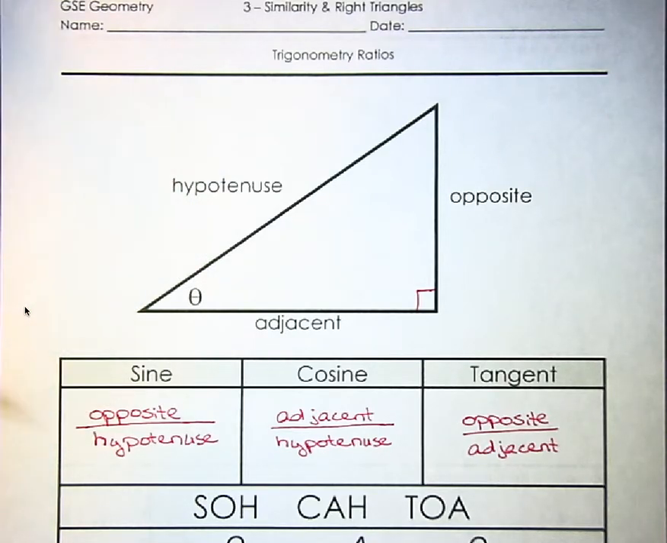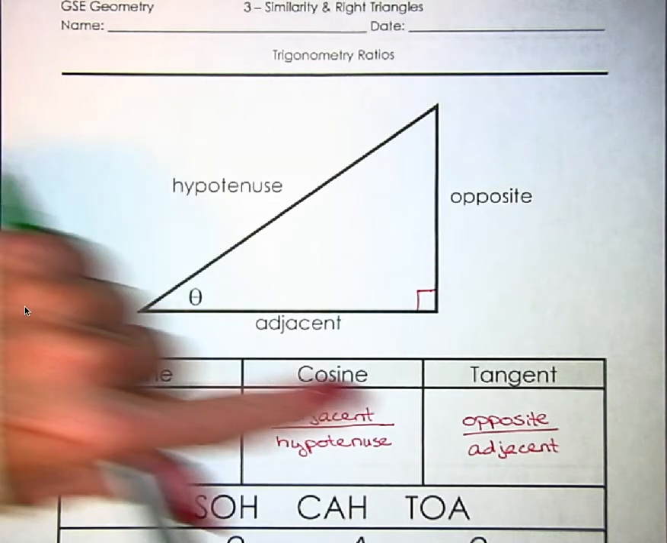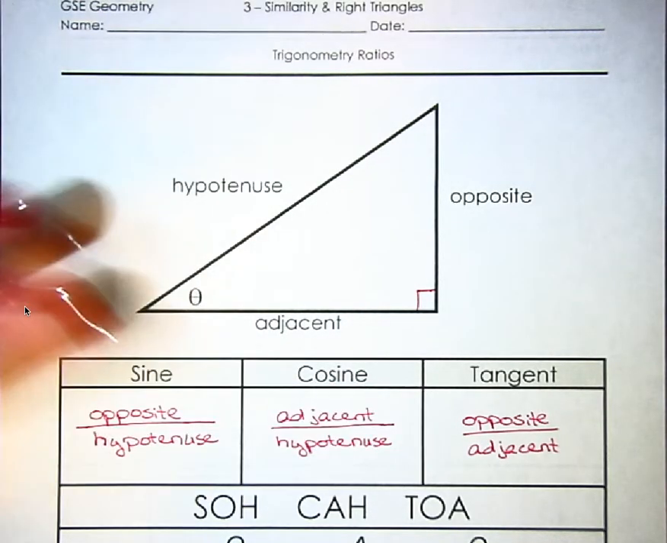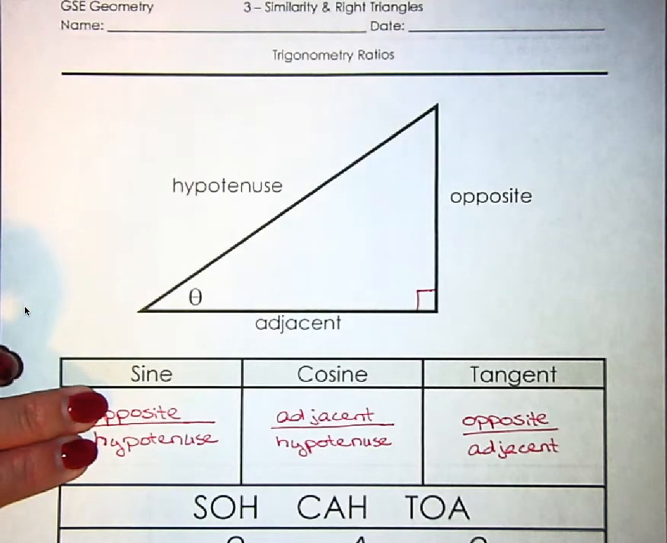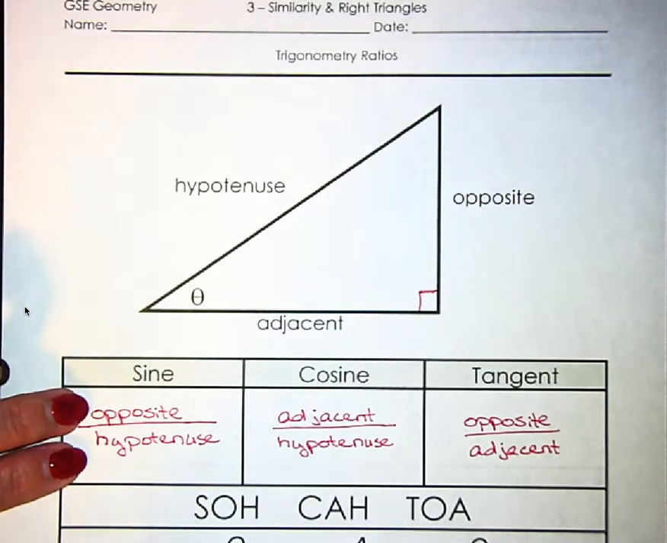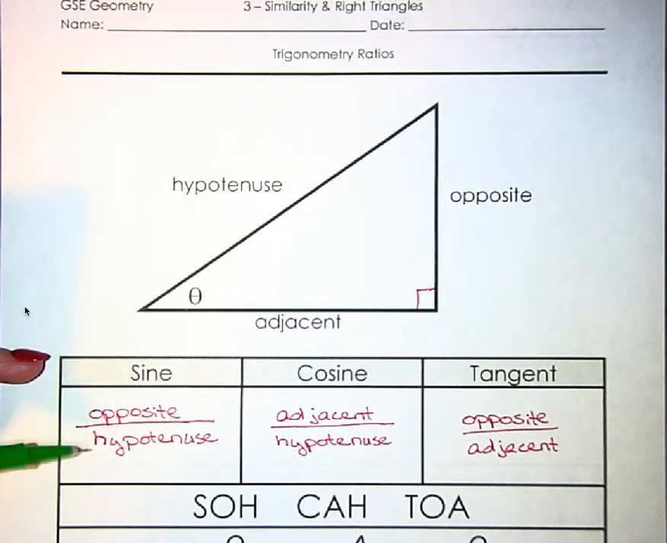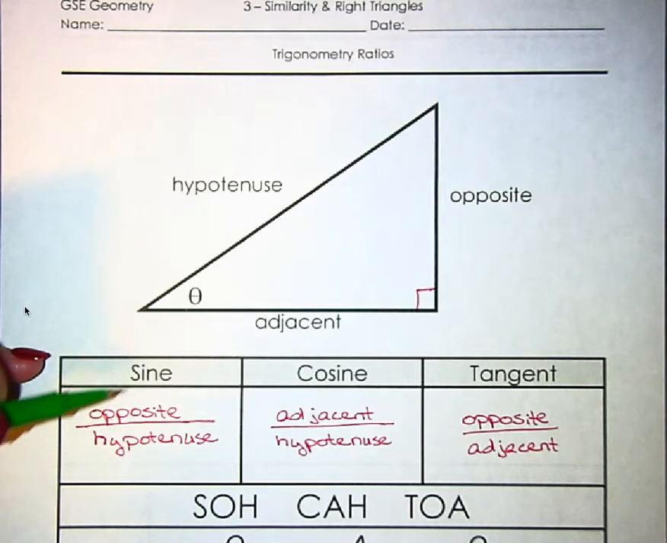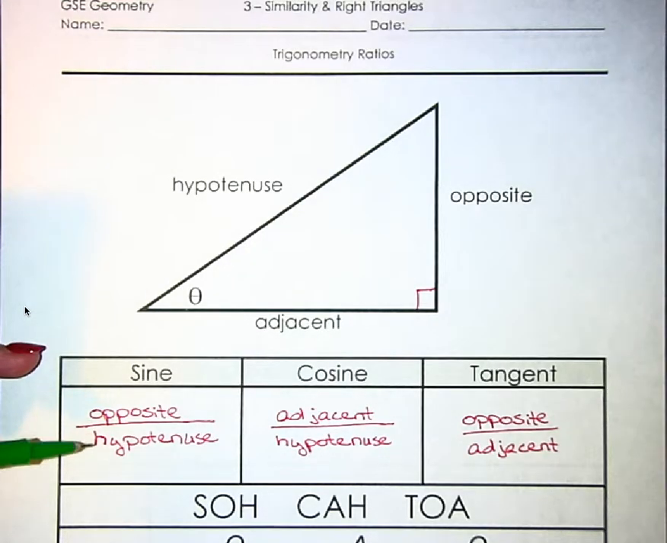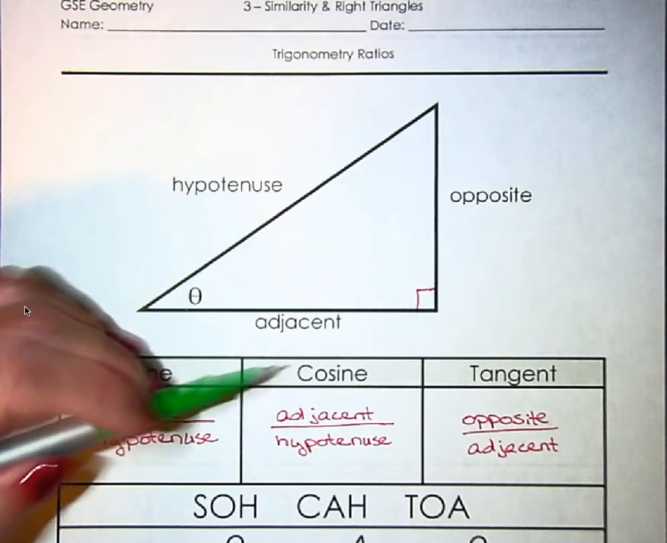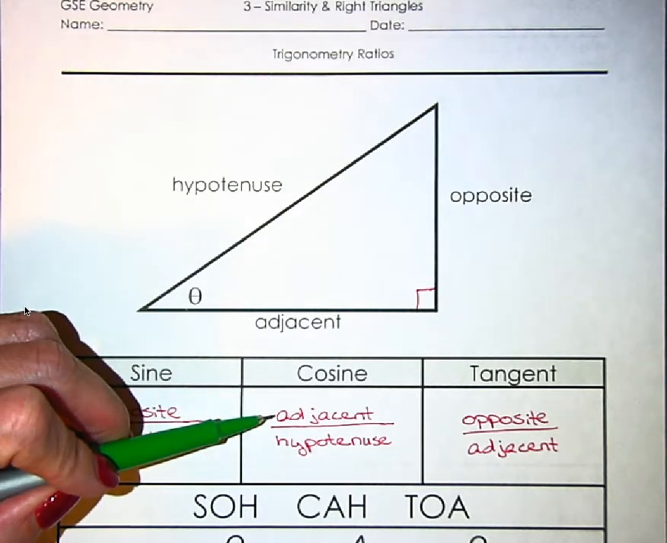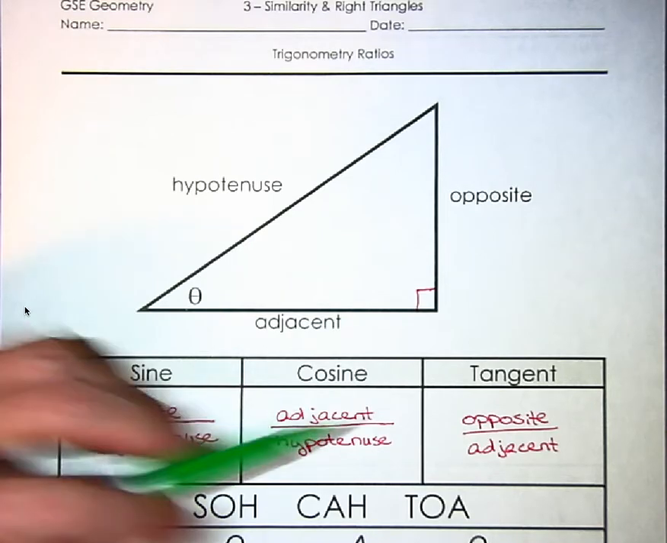Okay, so the three trig ratios, the names of them are sine, cosine, and tangent. Remember, a ratio is a comparison of two numbers, in our case, two of our side measurements. Now, these you're going to have to memorize. To set up our sine ratio, we're going to put the length of our opposite side over our hypotenuse side. Opposite over hypotenuse. Cosine is going to be our adjacent side over our hypotenuse, and tangent is going to be